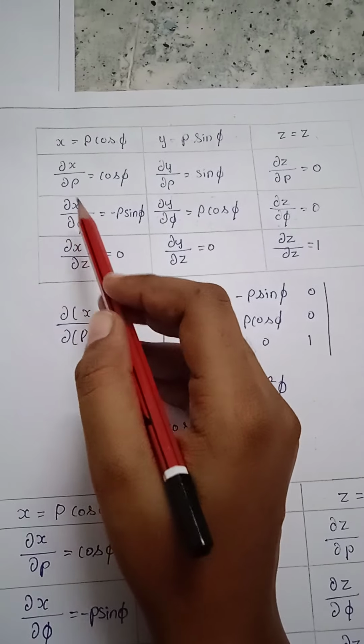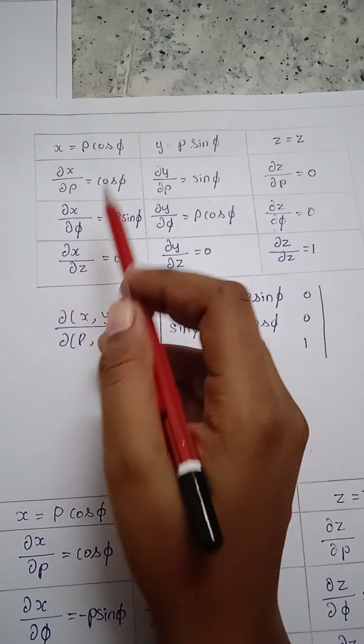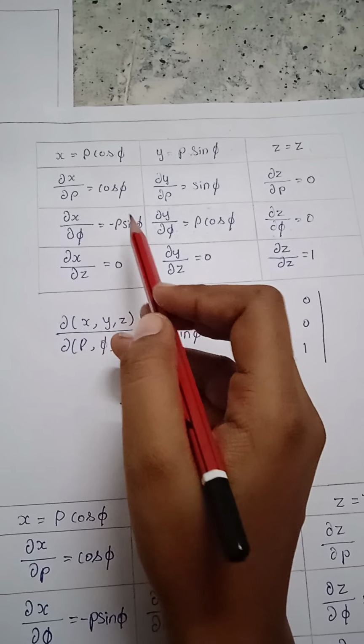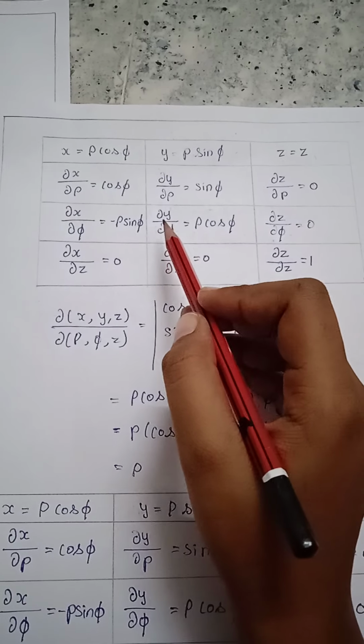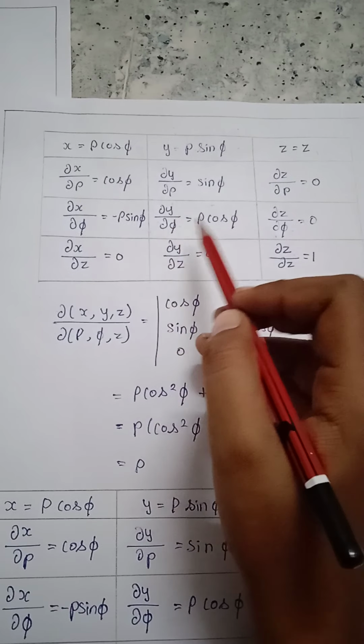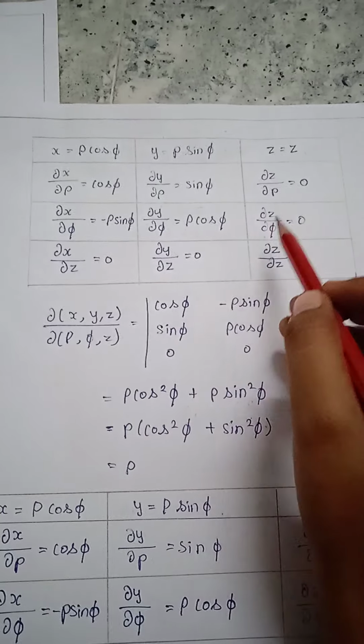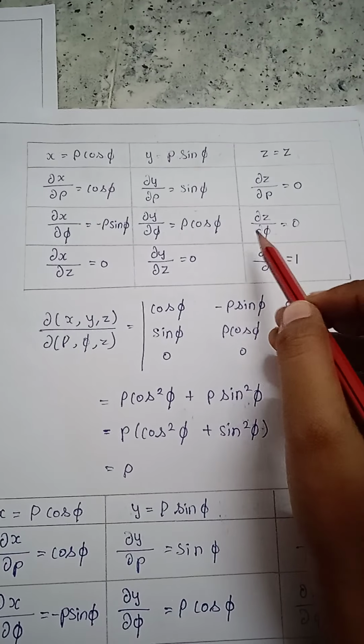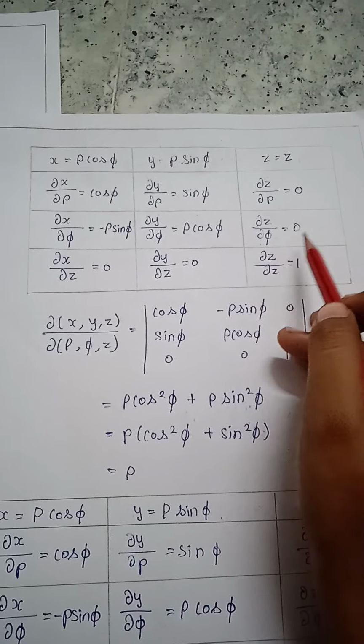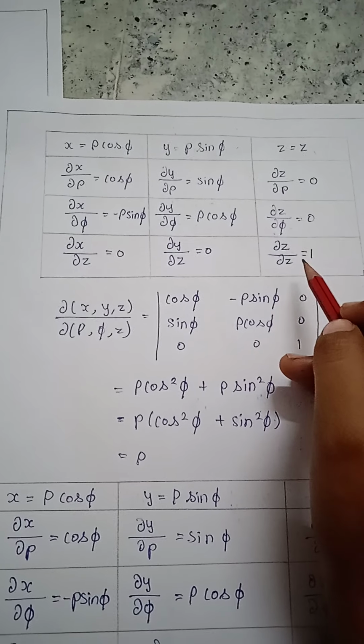And next, ∂x/∂z we will get 0, ∂y/∂z is equal to 0, and ∂z/∂z